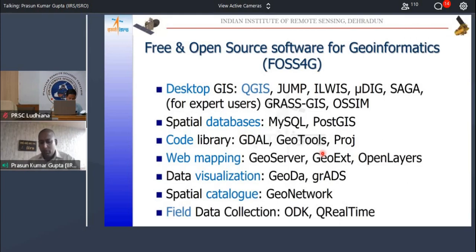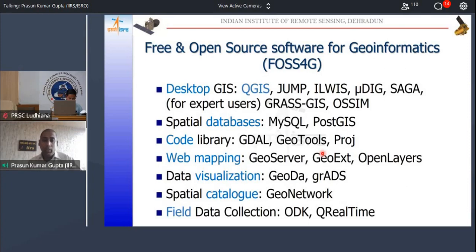So we talked about open source software in general, but in GIS or geoinformatics also there are a huge number of open source softwares. The list that I am showing here is only the ones which are, you could say, well maintained and have a larger user group.